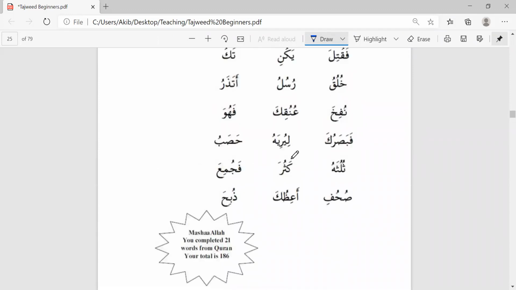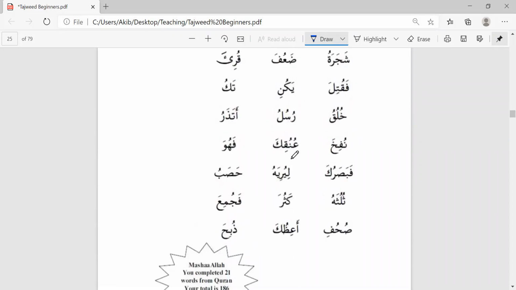If you're struggling with a few letters, make sure you spend time practicing. My advice is practice the letters first. Spend time practicing pronouncing the letters first, just by itself, and then spend time on the words, inshallah. That's going to make it a lot easier when you read the words to read them correctly. Now,